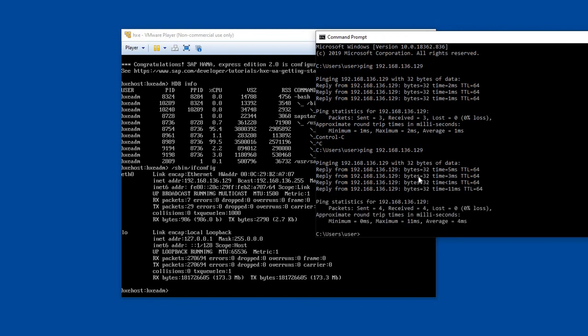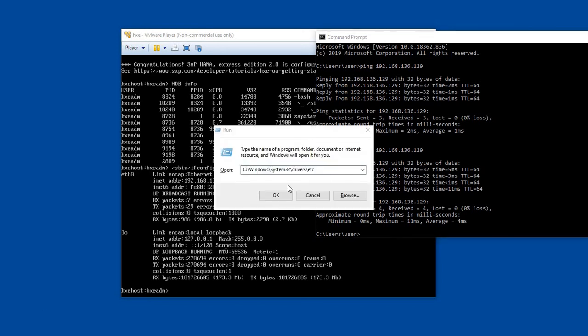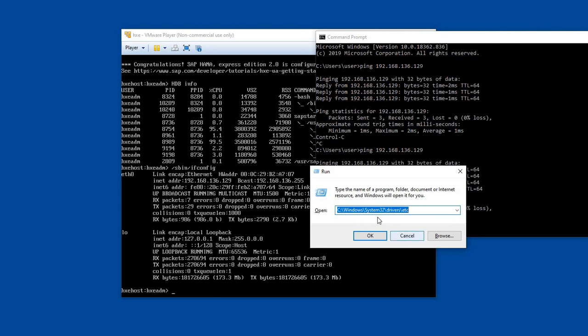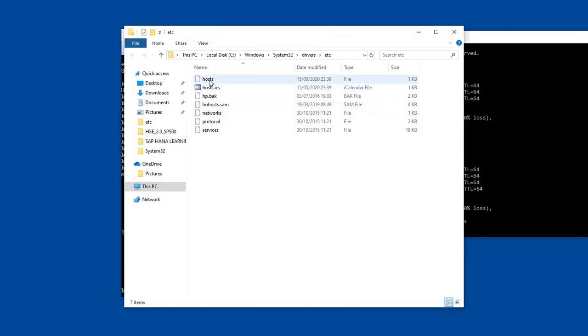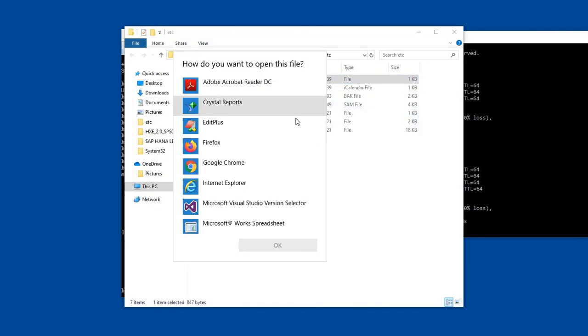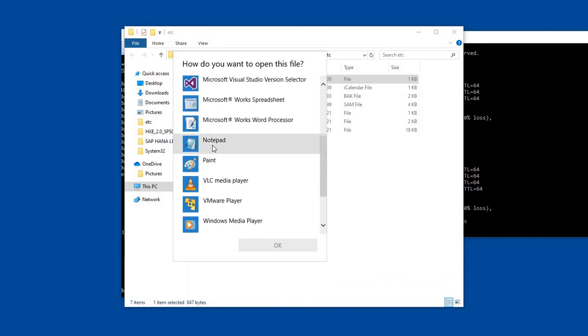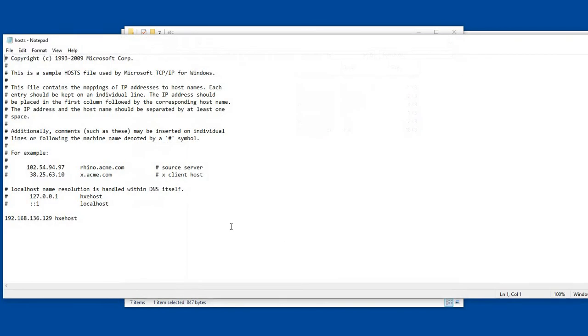One more setting we can do in the host Windows system. We need to set the IP address in the hosts file of the host system, at C:\Windows\System32\drivers\etc\hosts.